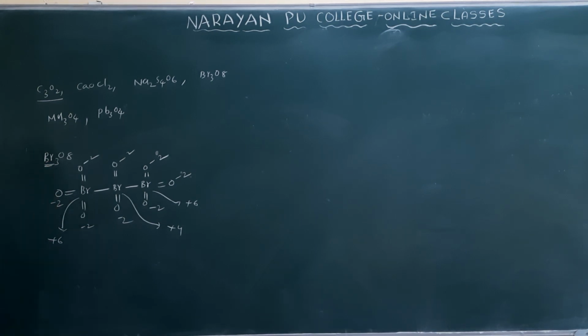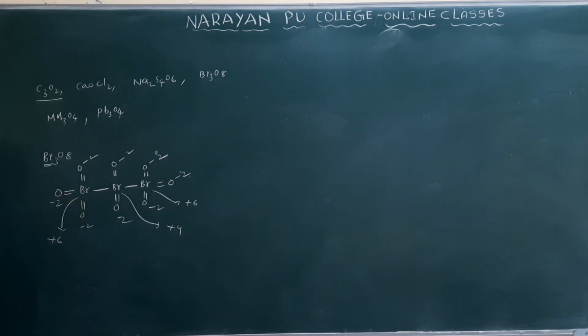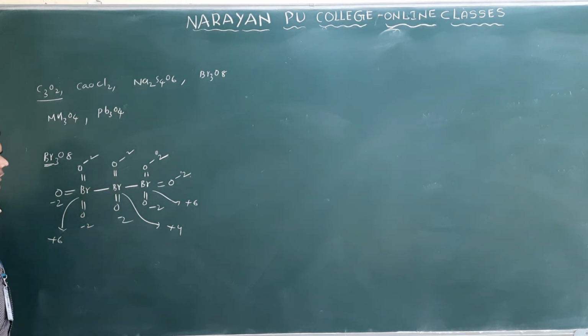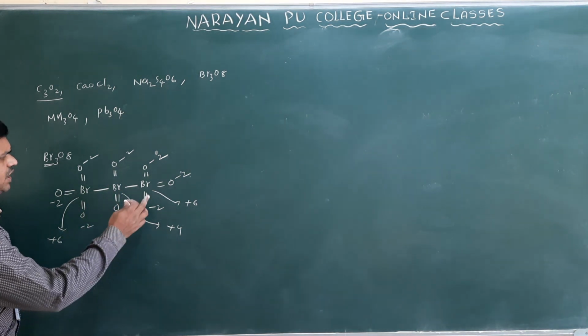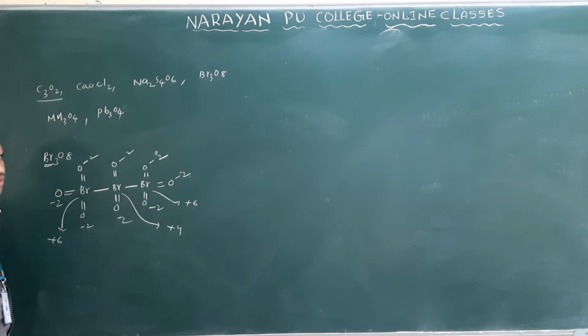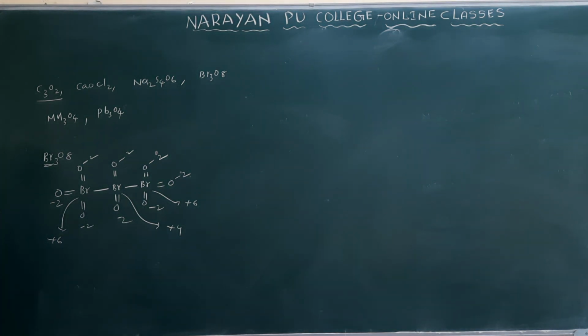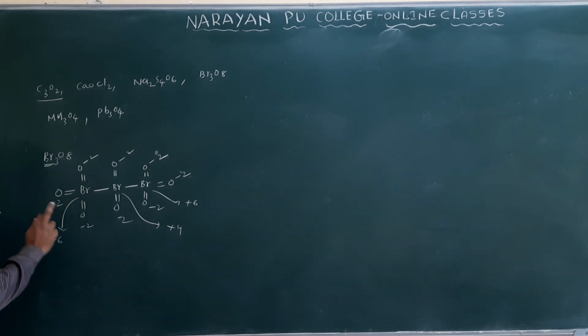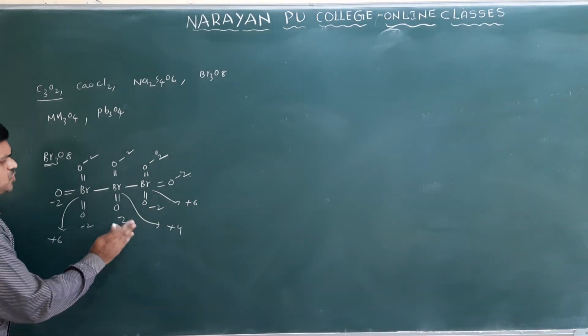See the next one we have, Br3O8. Generally bromine can form 7 bonds only. We can count it around each of the bromine. You can see here 7 bonds, here 4, and here this is Br, and this is BrO3. We have 7 bonds there. Now count the oxidation state. All oxygens are normal oxides, so you will get -2, -2, -2, -2. All are -2 only.